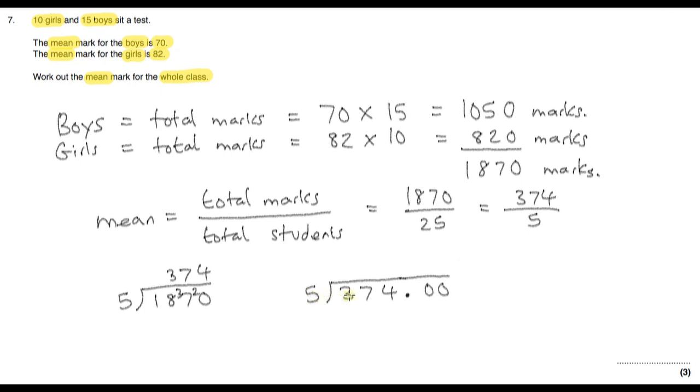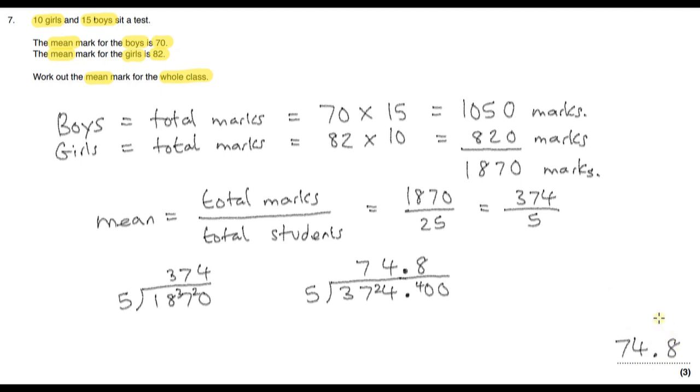So 5 doesn't go into 3. 5 goes into 37 7 times. 7 times 5 is 35. So we've got 2 remainder. 5 goes into 24 4 times. And we've got 4 remainder. And let's just put a decimal point here. And 5 goes into 48 times exactly. So this is our answer,